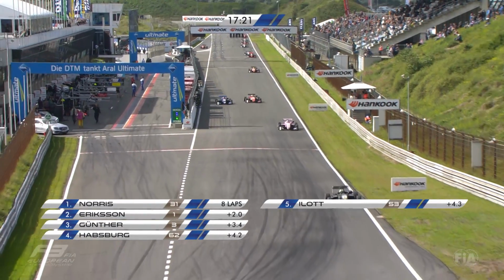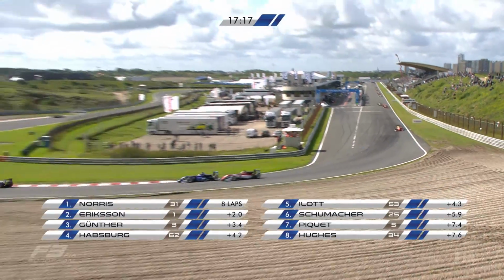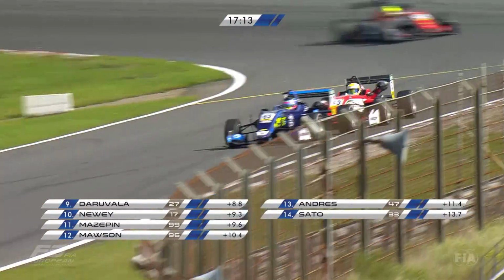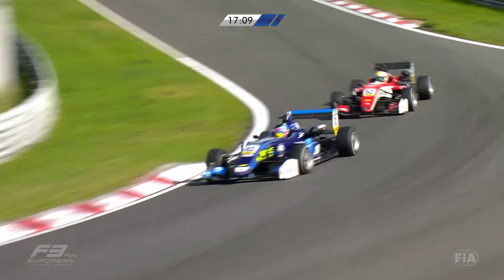Oh. Habsburg really shut the door, didn't he? He knew Callum Islet was going to have a go on the inside. Can Callum Islet get a slingshot around? No, he's not quite close enough. Now Ferdinand Habsburg really is feeling the pressure of the young British star Callum Islet right behind him in the